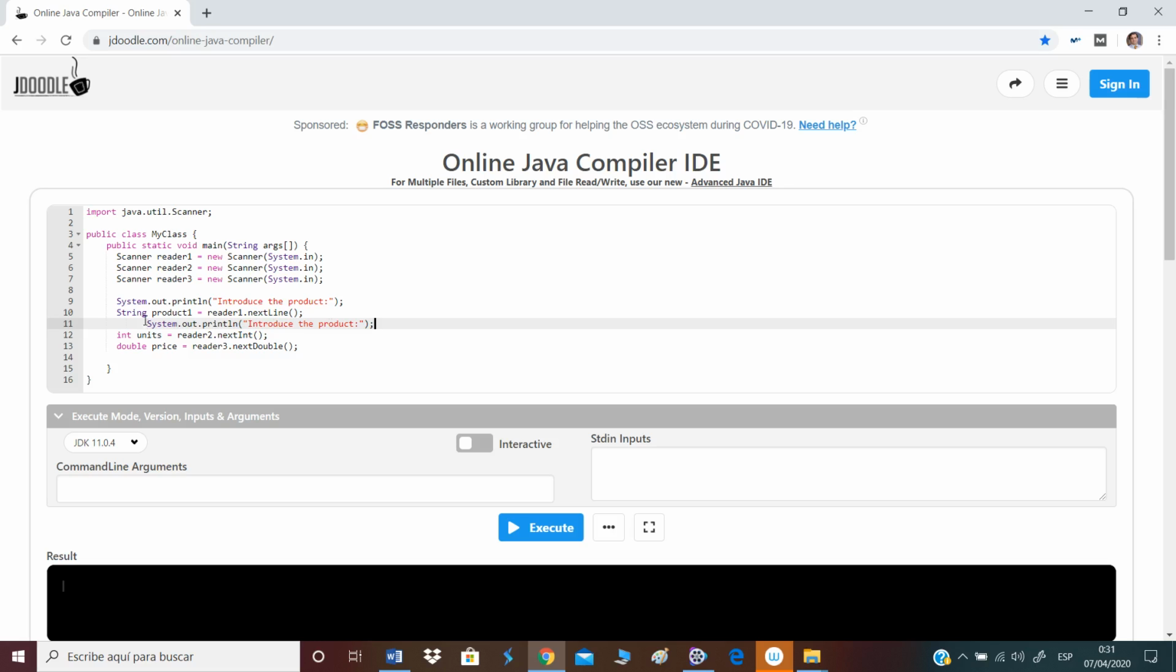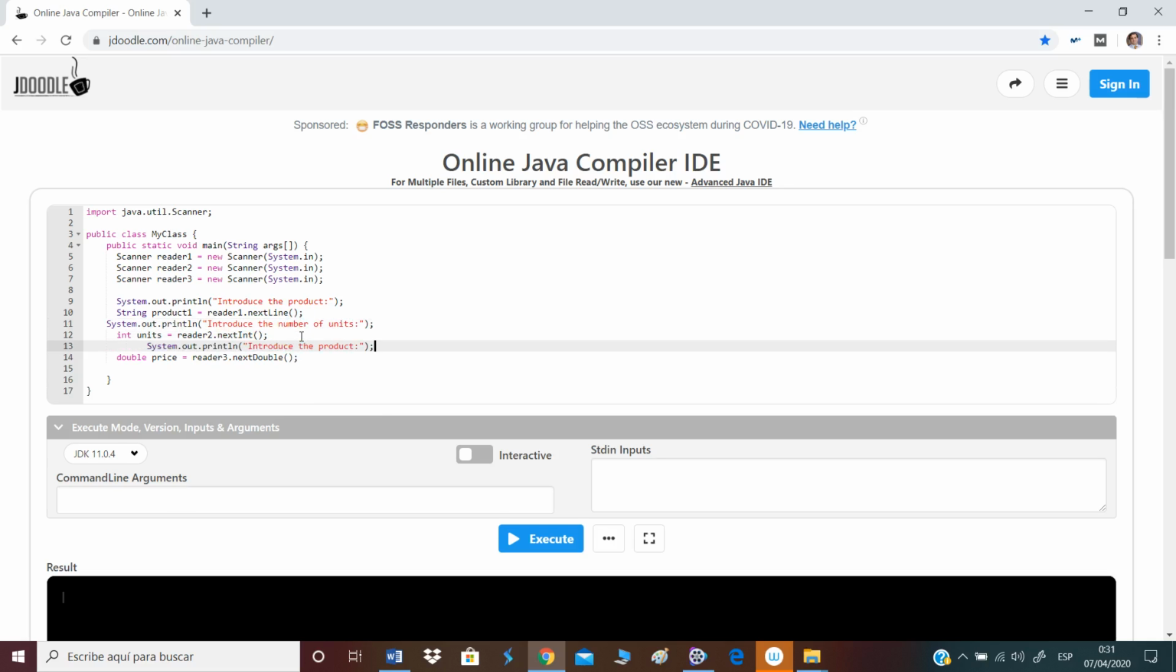Then here would be introduce the number of units, and here would be introduce the price. I will not now put this all line. Okay. Well,